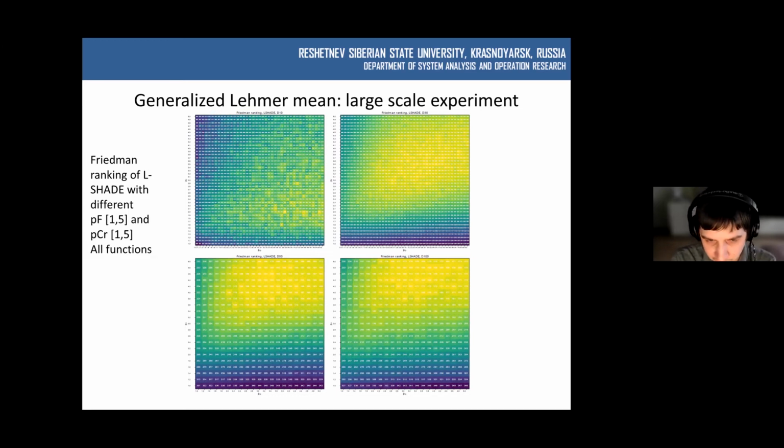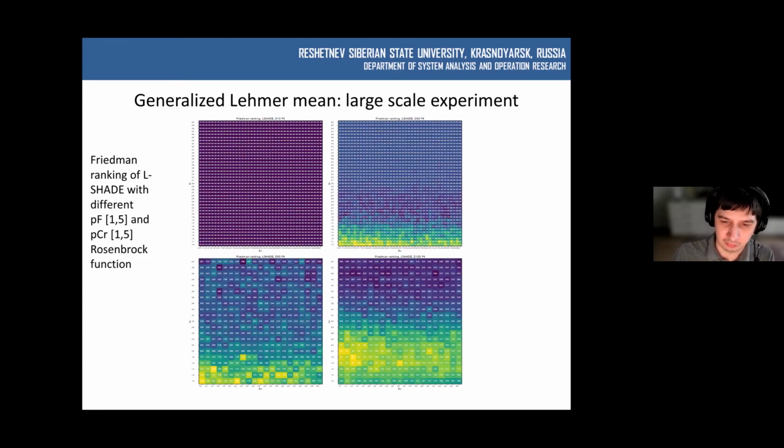So you see in the 10-dimensional case, there is no real difference between the worst case and the best case. I just remind you that the left lower part, 1.0, is the standard mean, which is an absolutely bad case for calculating updated parameter values. And in 100-dimensional functions, the best case is like 4.8, 4.6 for F, and also for CR, like 3.0. So it's highly biased mean values that are actually allowing you to get better results.